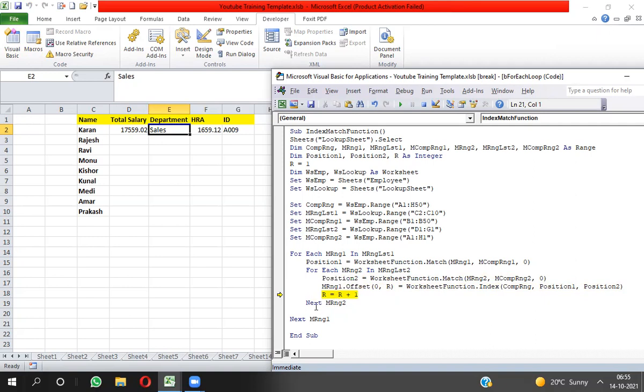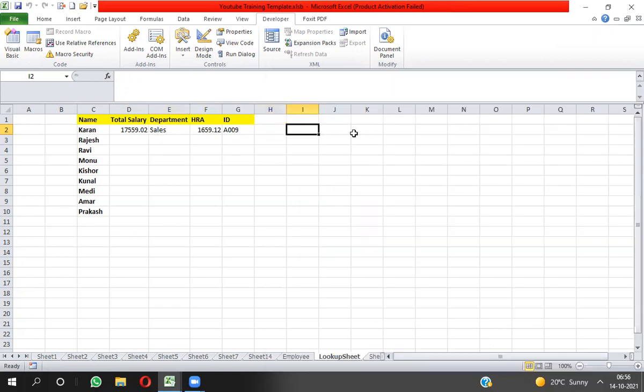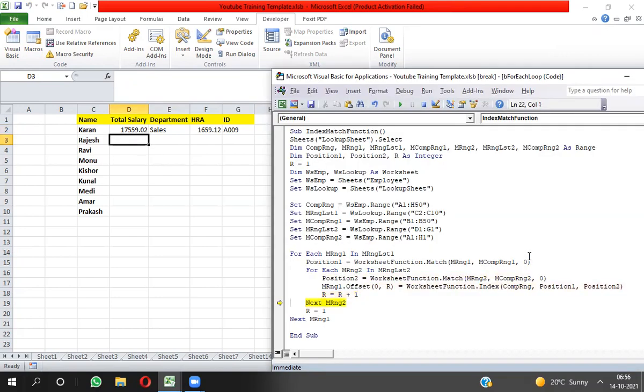Now what you have to do? You need to set R equal to 1 again. Then you will get the correct output, because R value will increase here, but I need to reset the R value. Reset means 1. So here R value is now 1.